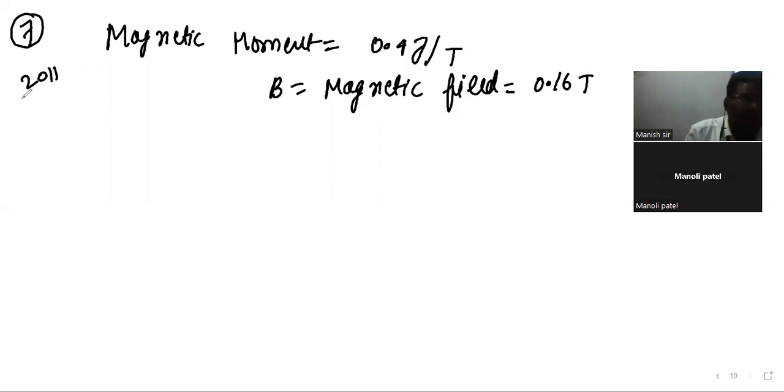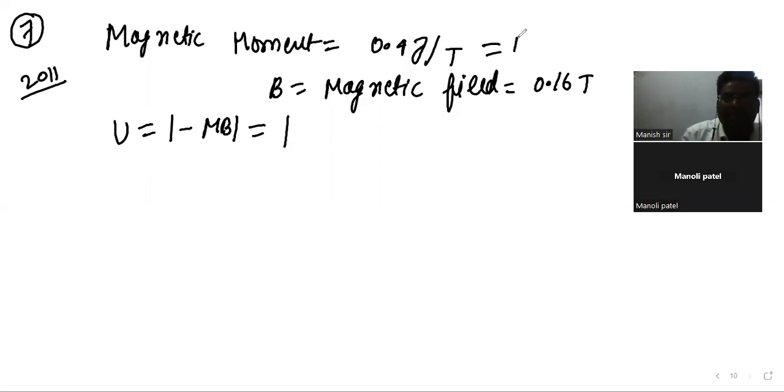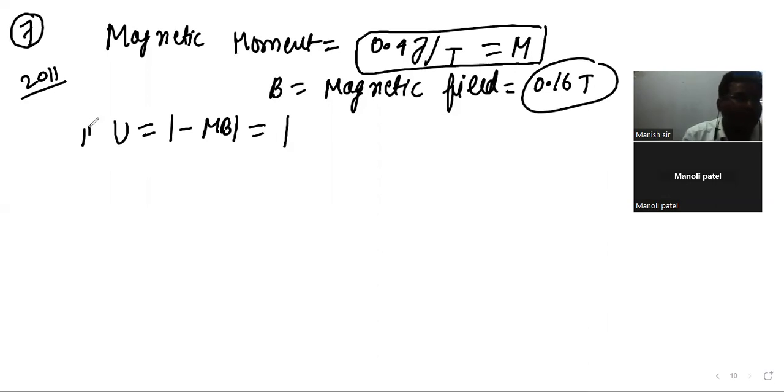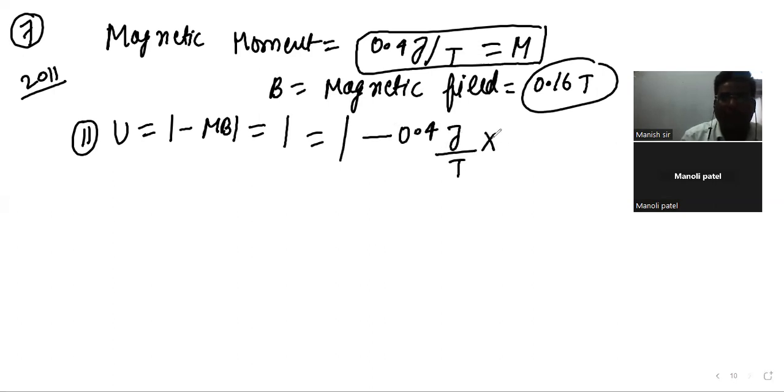So when is it stable? It was asked in 2020-11. For stability, energy should be equal to the magnitude of MB, right? So put the values, M value we know. This is your M value and this is your B value. Put here in the second equation, given data. So it is coming out to be minus 0.4 joule per Tesla into B value 0.16